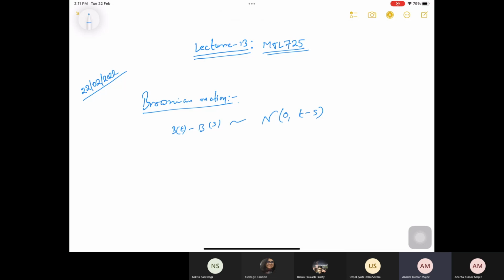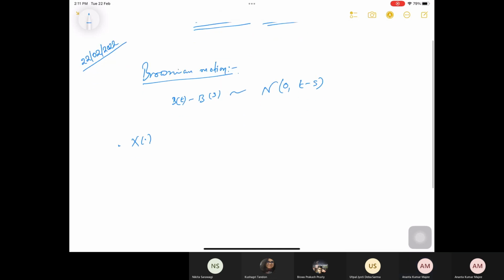And not only that, this is not only continuous, but you can expect more regularity, that we have seen, using the so-called Kolmogorov's continuity theorem. Kolmogorov's continuity theorem is basically a general statement. It means if you have, say, a stochastic process X_t which has a continuous sample path, and if you have this property that the expectation of |X_t minus X_s| to the power beta is less than or equal to some constant times |t minus s| to the power 1 plus alpha, if this holds for some constants beta and alpha which are positive, and c is greater than or equal to 0,